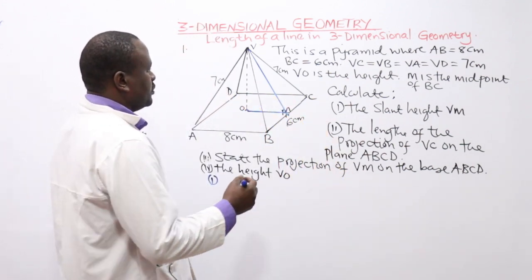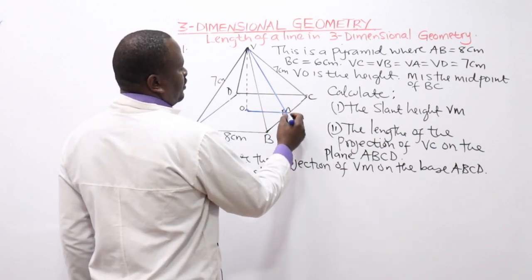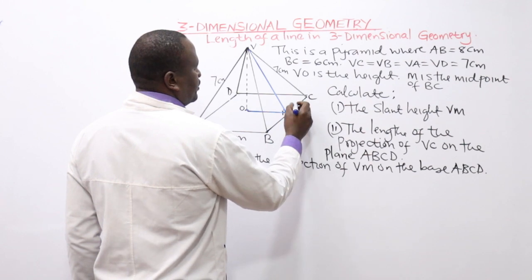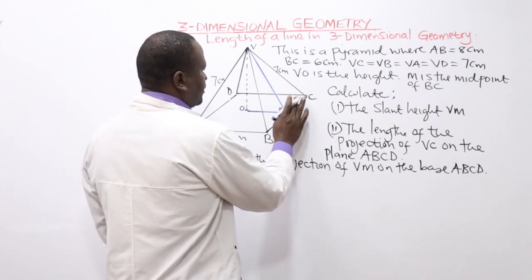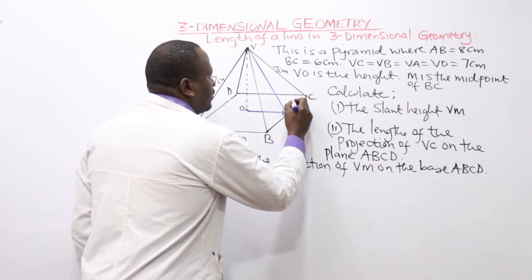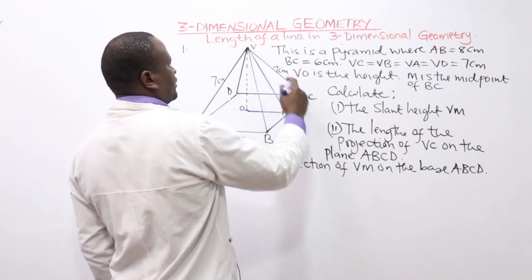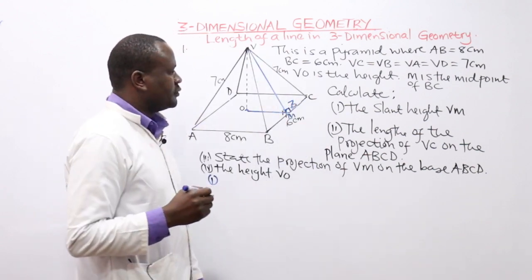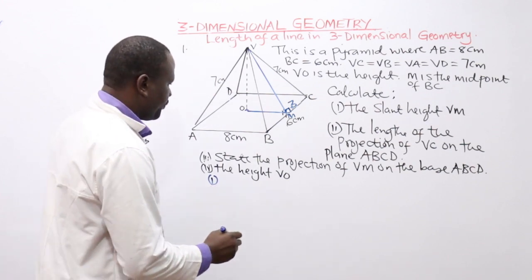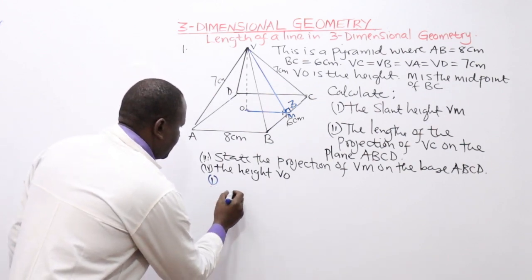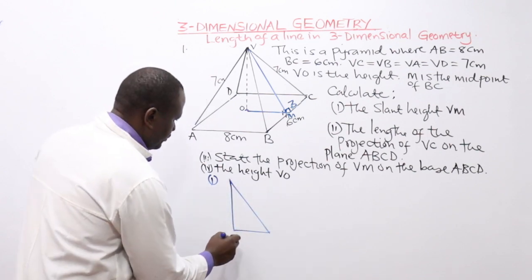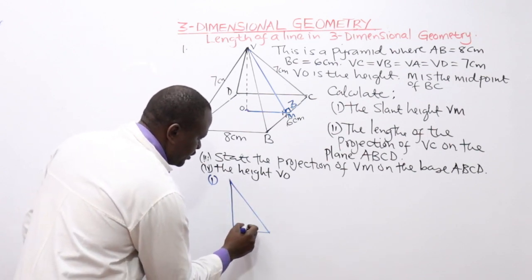Now, this is the midpoint, therefore, M is here, this is 6, this is 3, and this is 7, and this is 90 degrees. Therefore, we are looking at a right angle triangle. M is here, this is 3,